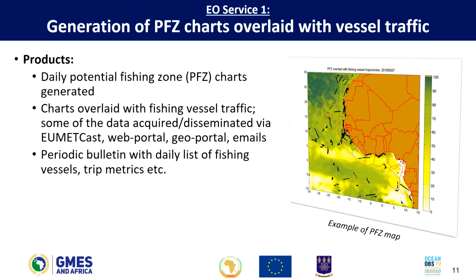So for the first service, we use forecast products as well as satellite product to generate maps like this, potential fishing zone maps, where you have the green areas indicating high potentials of finding fish, and the light areas indicating light potential of finding fish. And the black dots you see in the map are areas where fishing activities are being undertaken. So these products are sent to the managers to be able to focus the meager resource that they have on